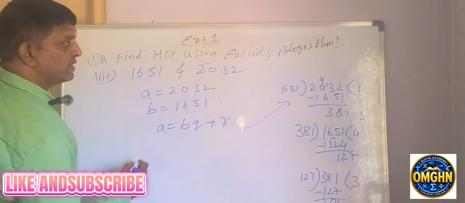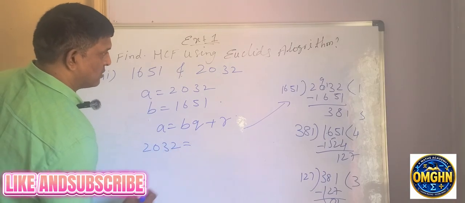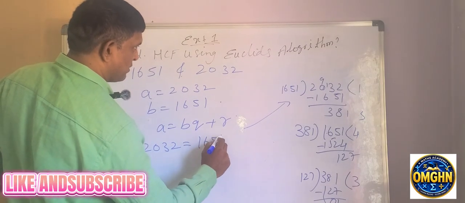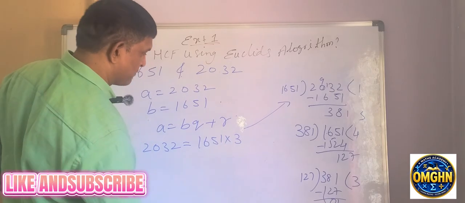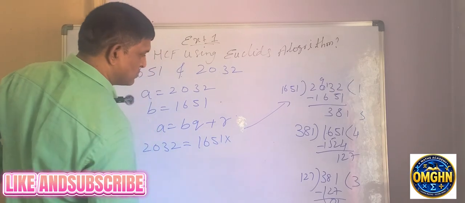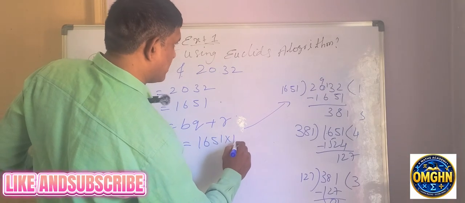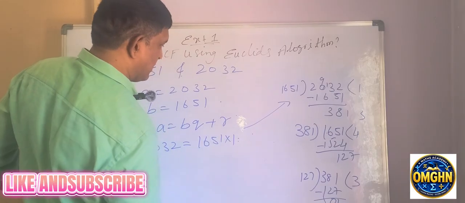When we divide, 2032 equal to 1651 into 1 plus